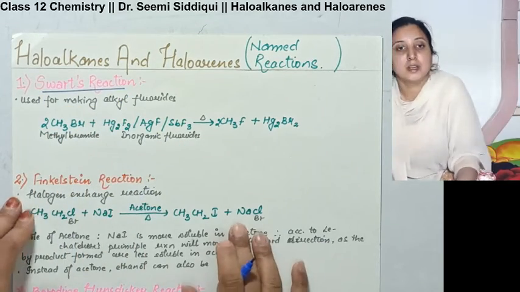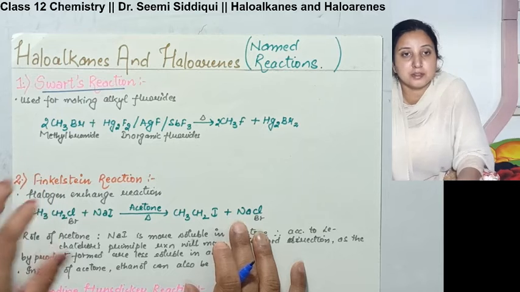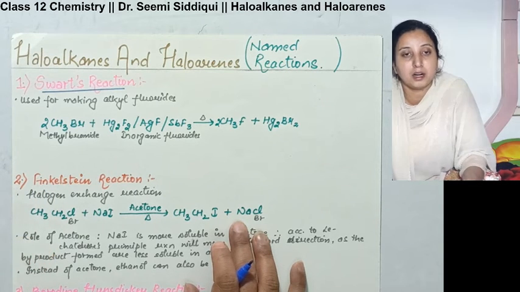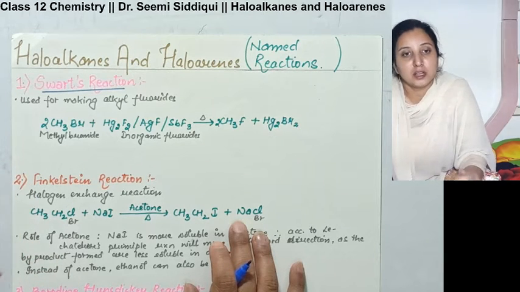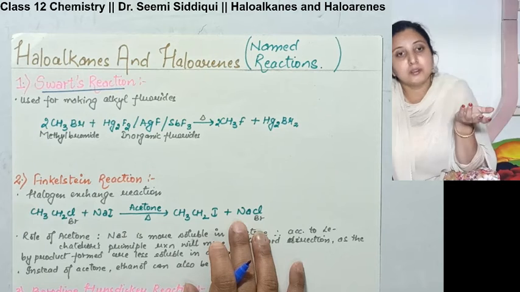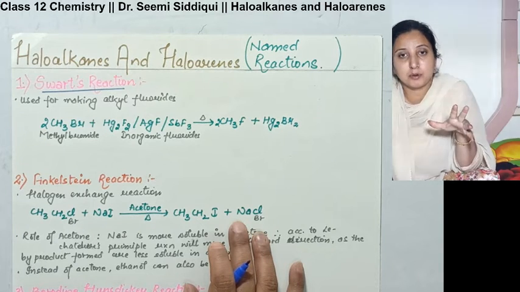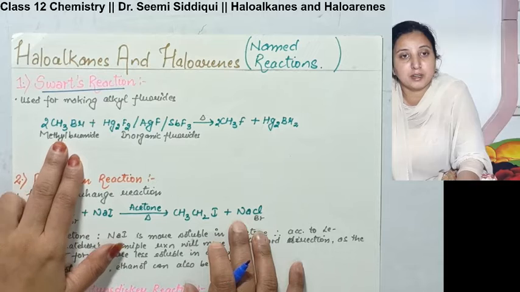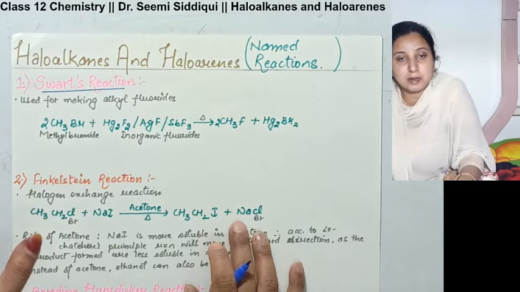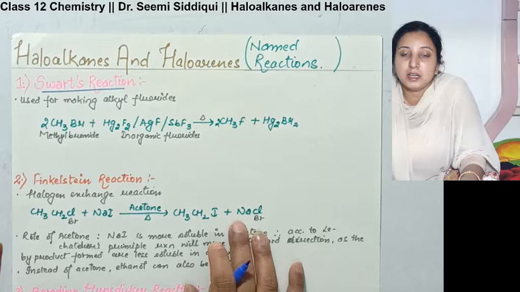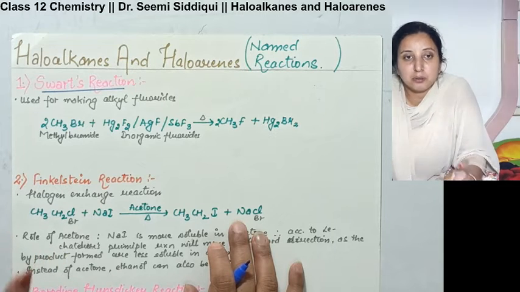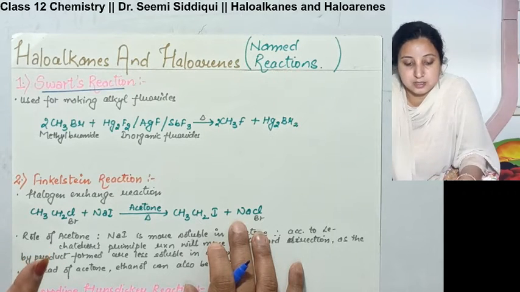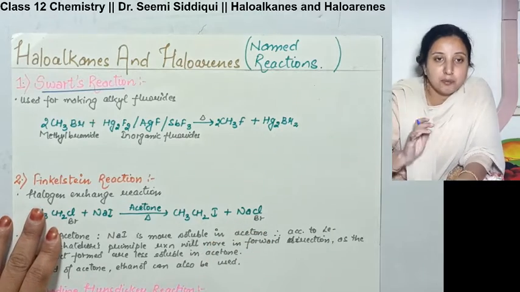Schwarz reaction. Basically, we use a Schwarz reaction when we want to make an alkyl chloride. Now, whenever we want to make an alkyl chloride, we take any alkyl bromide. आप कोई भी alkyl bromide लेते हो. Like over here, I have taken a methyl bromide. We take an alkyl bromide, we make it react with the inorganic chloride, and we also subject that reaction to the heat.